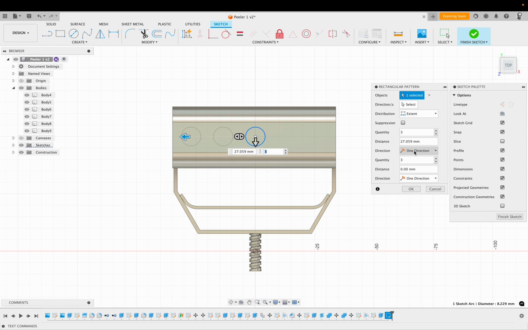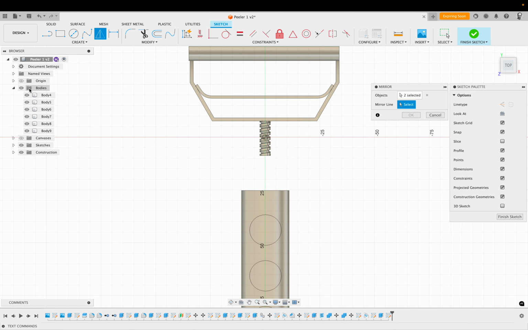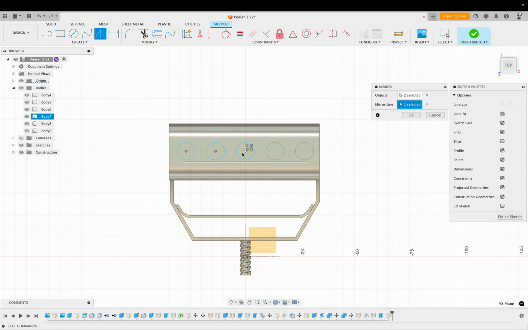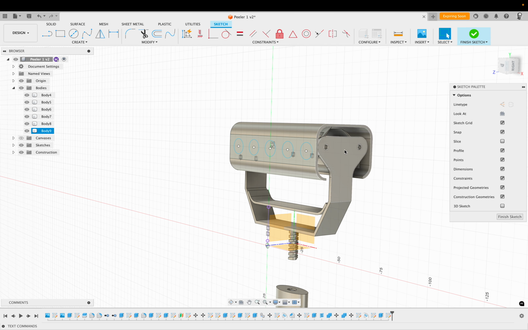Yep, that's cool. Oh, press OK. Let's mirror that. So I want to mirror this one, and the mirror line is right in that middle. Better find origin, and the mirror line is there. Okay, press OK. All right, now I'm going to hide all this stuff